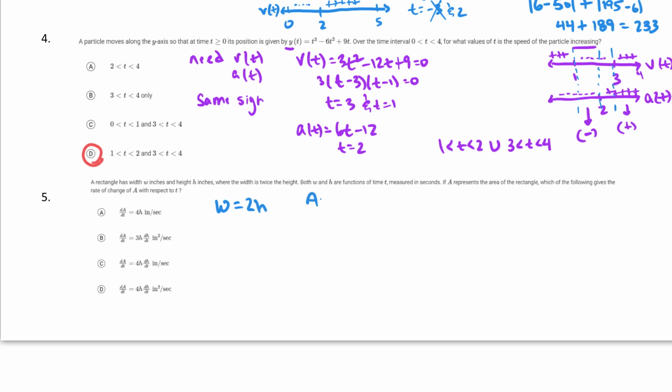We know the area of a rectangle. The area is going to be the width times the height. I can go ahead and substitute this in now because it makes the problem easier because I'm getting rid of a variable. So when I substitute this in, and the reason I'm doing that is because they want dH dt,